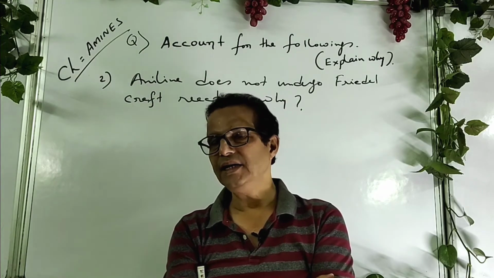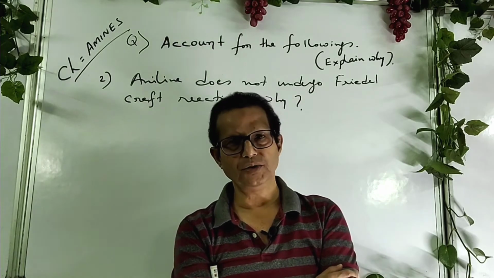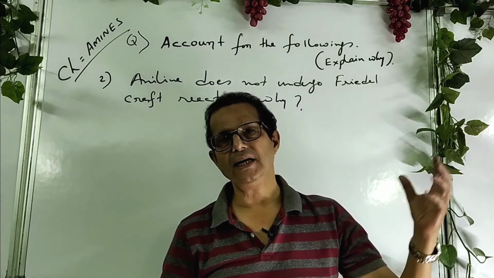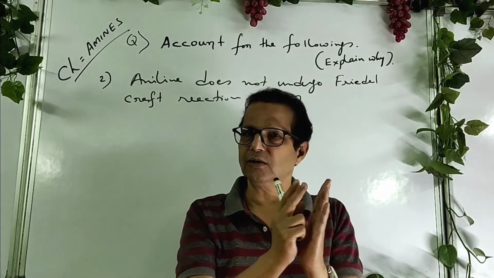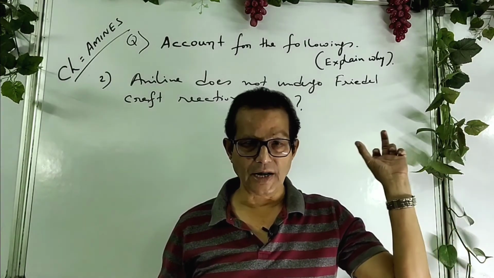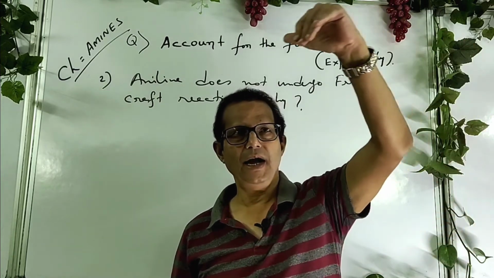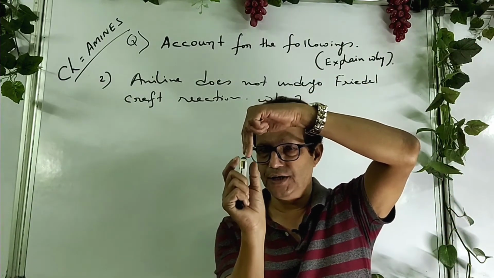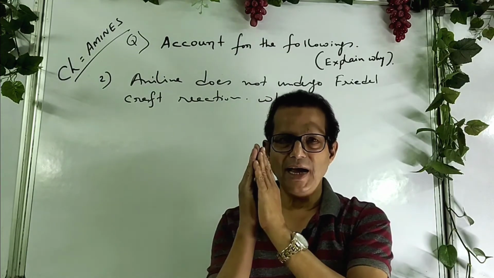But if aniline is used, due to the presence of lone pair of electrons on nitrogen in aniline, instead of attacking the alkyl or acyl chloride, anhydrous aluminium trichloride, being Lewis acid in nature, gets attached to the lone pair of nitrogen of aniline